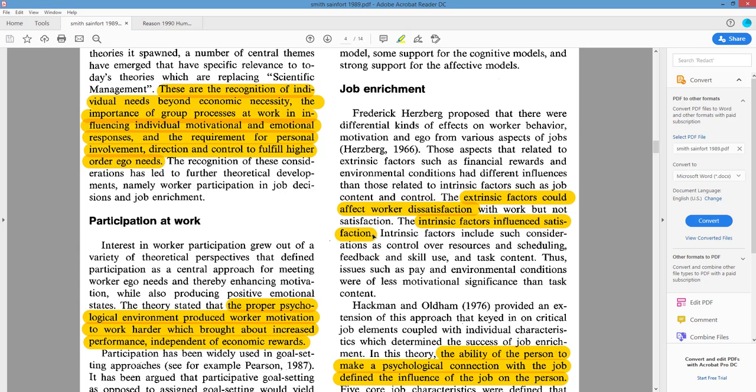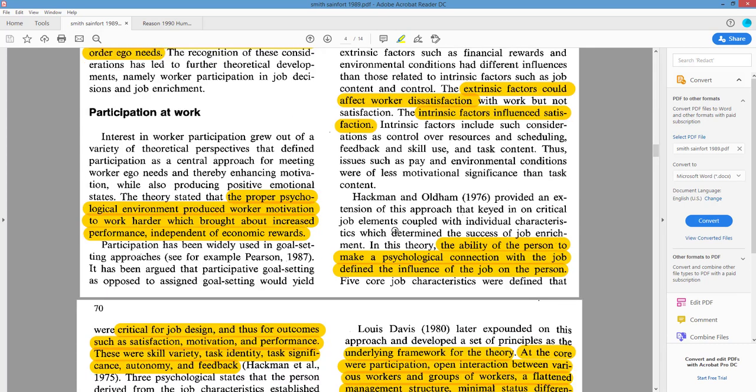Two very different things, which agrees with some of the things that I've done in my research, that somebody can absolutely hate management but love their job. It seems a little bit counterintuitive, but so there are things, so they don't think they're getting paid enough. They're dissatisfied with the management, but they love the work they do. They get a lot of personal value from it, and so they're satisfied with their job.